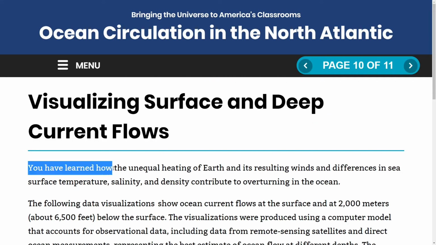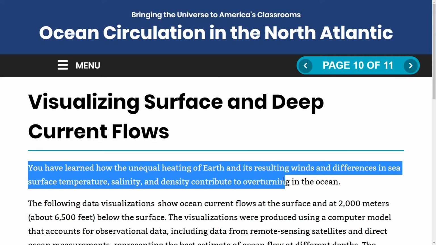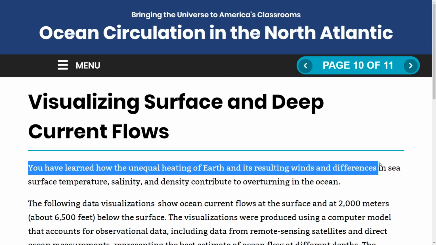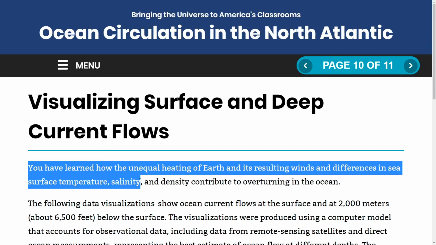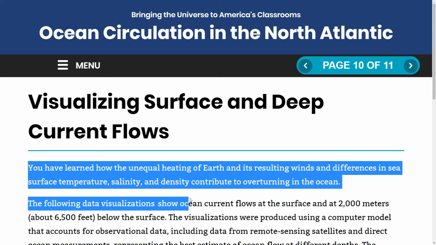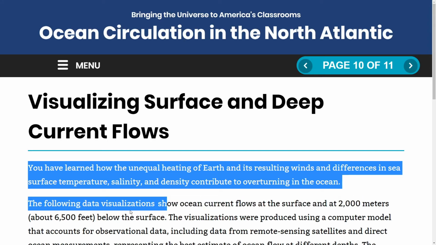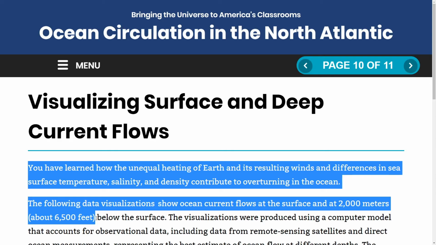Page 10. You have learned how the unequal heating of the earth and its resulting winds and differences in sea surface temperature, salinity, and density contribute to overturning in the ocean. The following data visualizations show ocean current flows at the surface and at 2,000 meters, or about 6,500 feet below